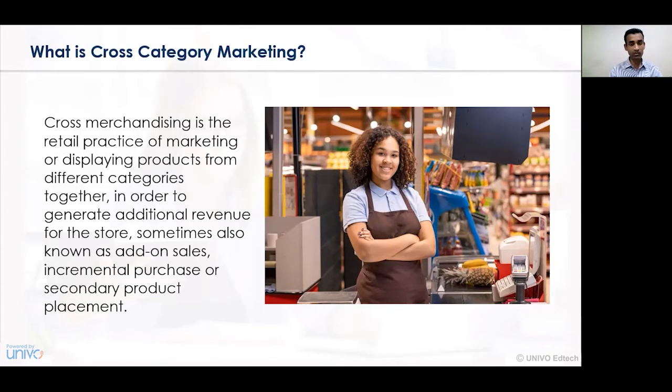Now let's take an example to understand cross-category marketing. Whenever we enter a particular store, we observe certain food or commodity articles displayed at the initial level, whereas at the exit from that store, the same category of products is also displayed. Here, a customer who has purchased the product at the initial stage will not purchase the product at the second stage, that is, at the exit.